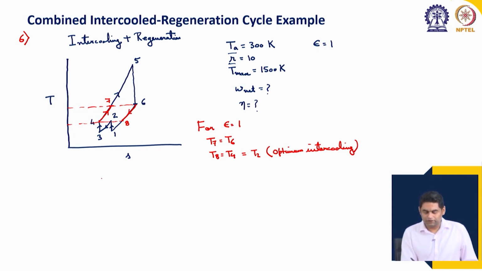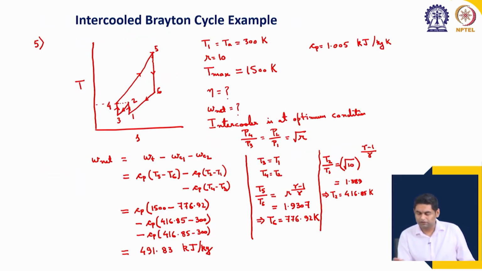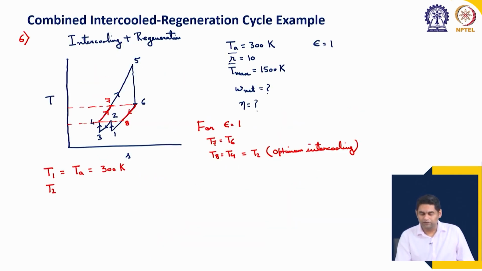So, in this case again we go step by step and find all the temperatures. From the previous problem we already know T A, which is equal to T 1, which is 300 Kelvin. T 2 we have derived in the previous problem, and that will be the same value. If you go back, we have derived that T 2 is 416.85 Kelvin. Same, because it is the same pressure ratio at optimum condition,